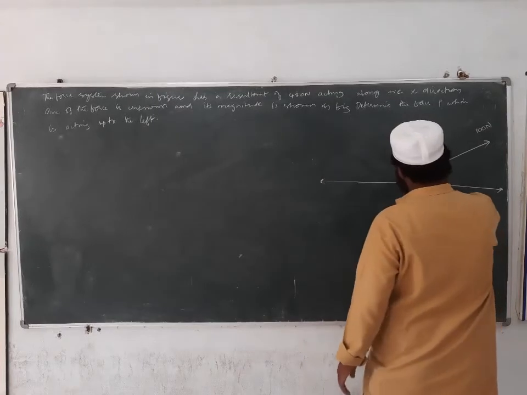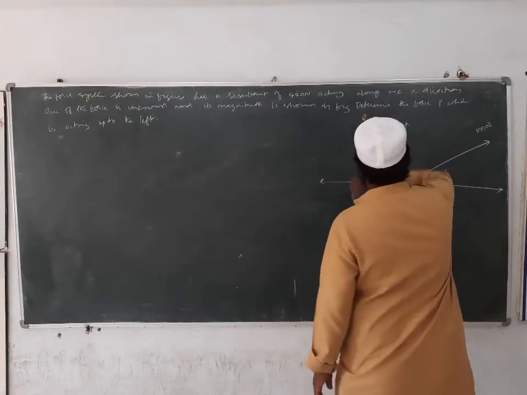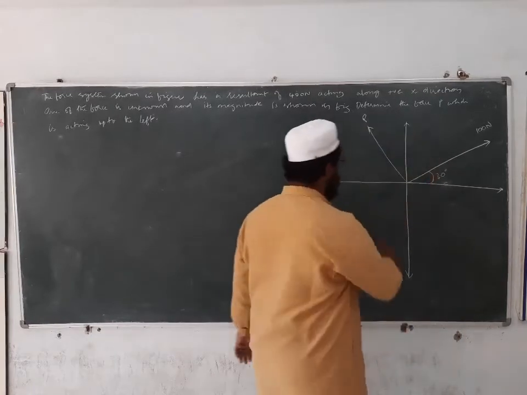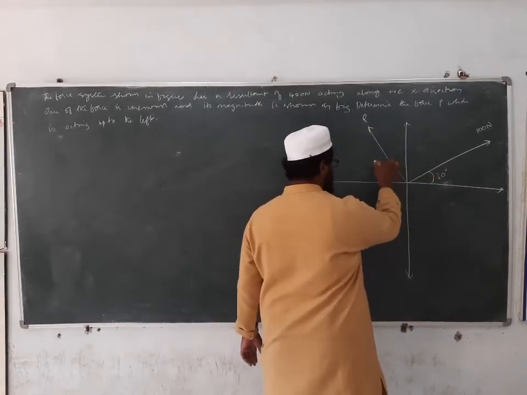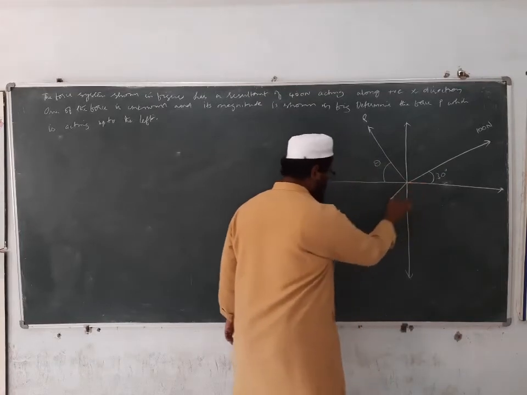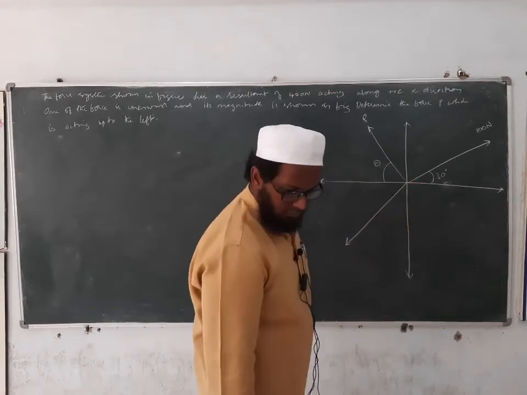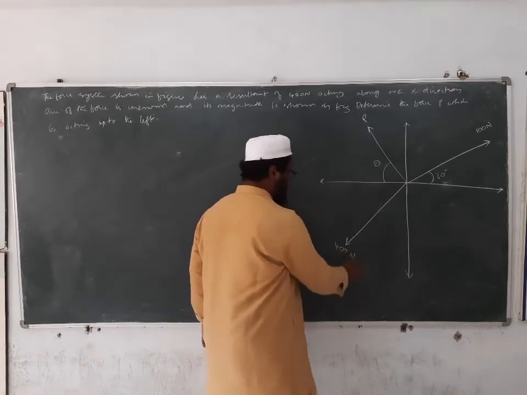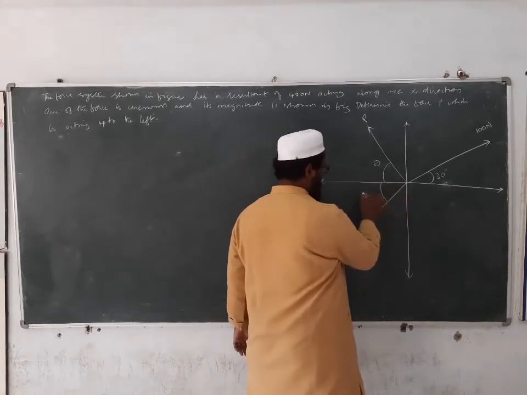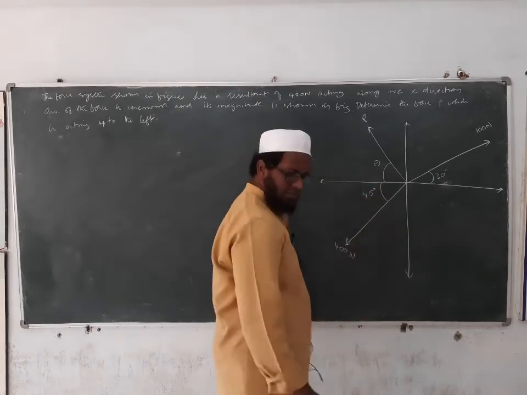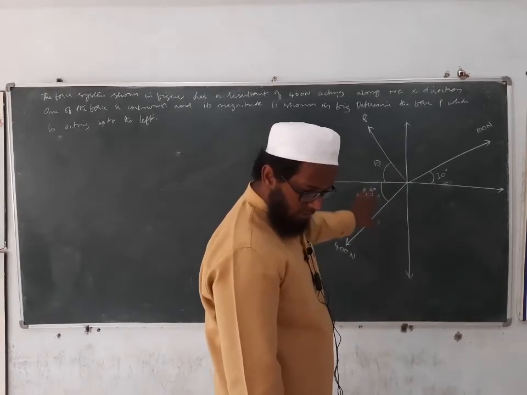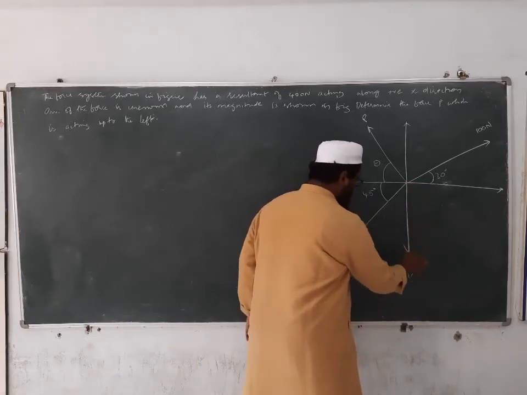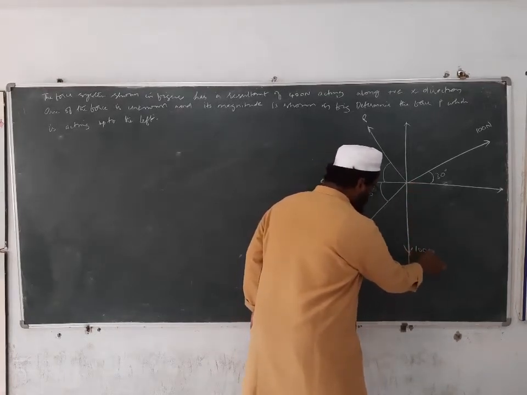It is shown in the question there. This is P. And what about theta? Theta is also not given to us. We have to calculate theta also. There is one more force, 400 newtons, which is acting at an angle of 45 degrees with x-axis. Then we have only one more force. One more downward force is also there, which is 100 newtons.